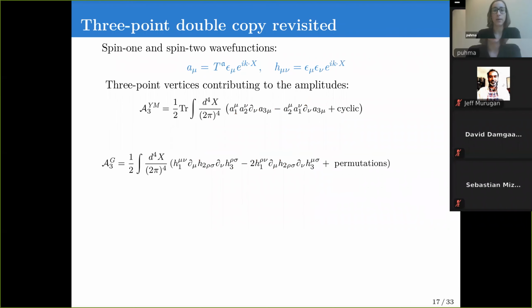Okay, so in order to bring a double copy into a form that we can use for celestial amplitudes, let's start with how to use this integral representation of the delta function for 3-point amplitudes. So we start with these spin 1 and spin 2 wave functions given by the polarization vectors and tensors and the plane waves, and then some color factors, which are Lie algebra valued matrices. And the 3-point vertex contributions to the amplitudes for Yang-Mills theory and gravity are given by these expressions,